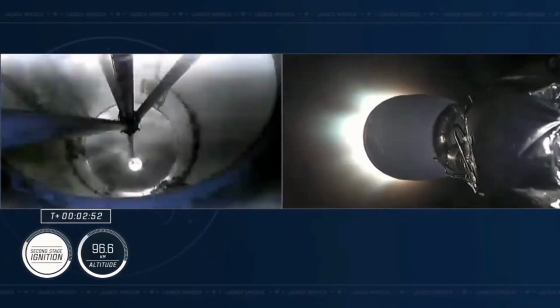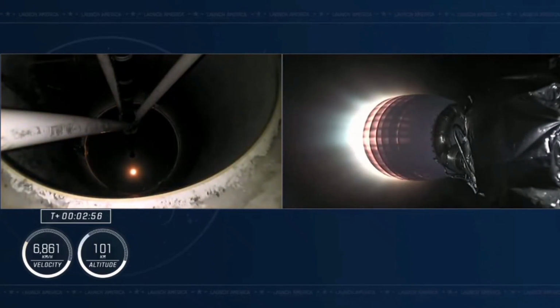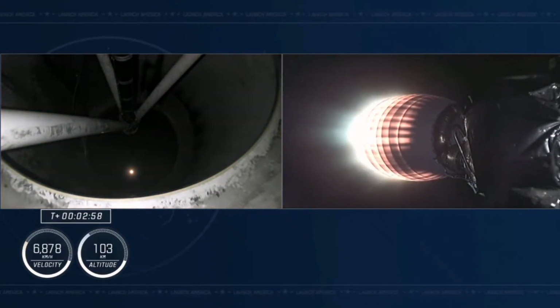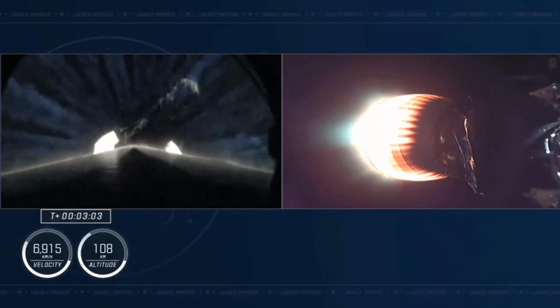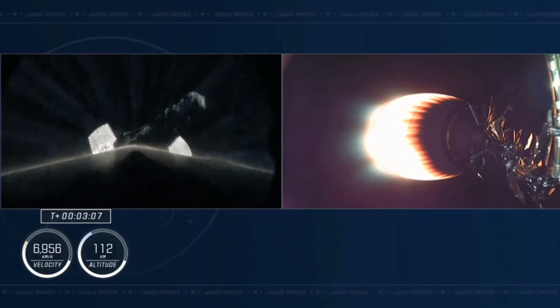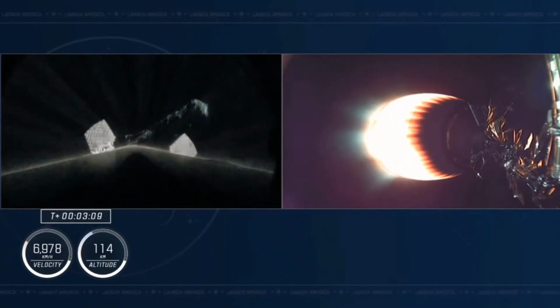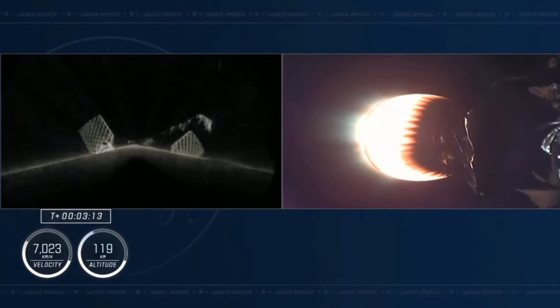Stage 2 ignition. We see that second stage engine light. We're in 2 Alpha, the second abort mode. The second stage is lit, continuing to carry the Crew-4 astronauts onto orbit. And this is a fantastic view. On the left-hand side, this is the first stage, now separated from the second stage, but it's still being illuminated